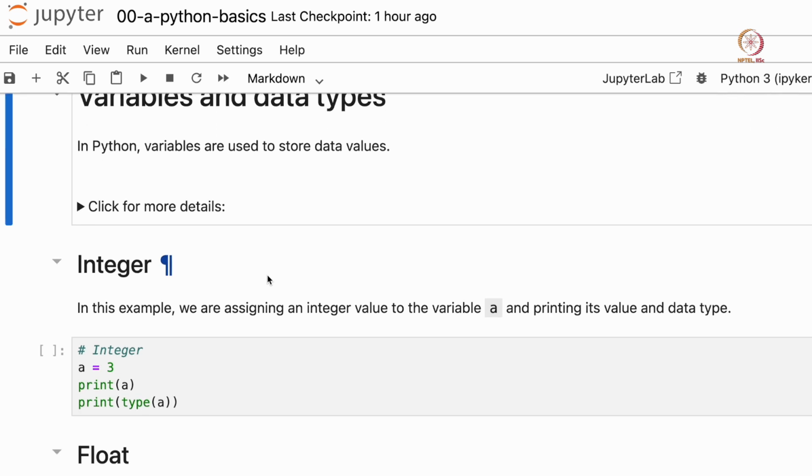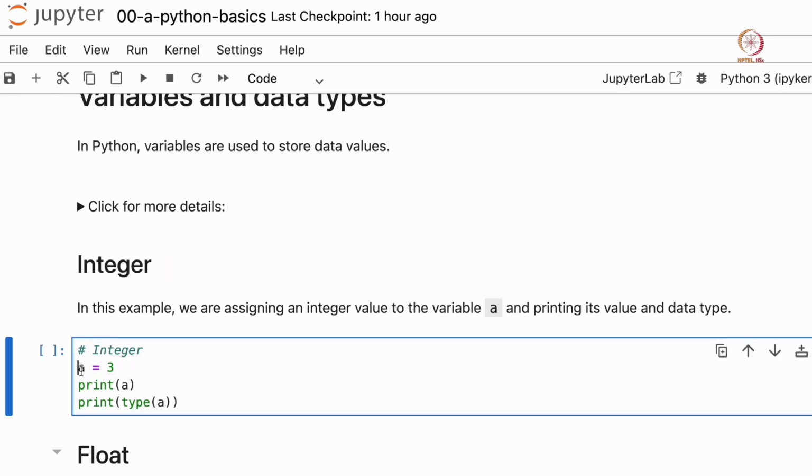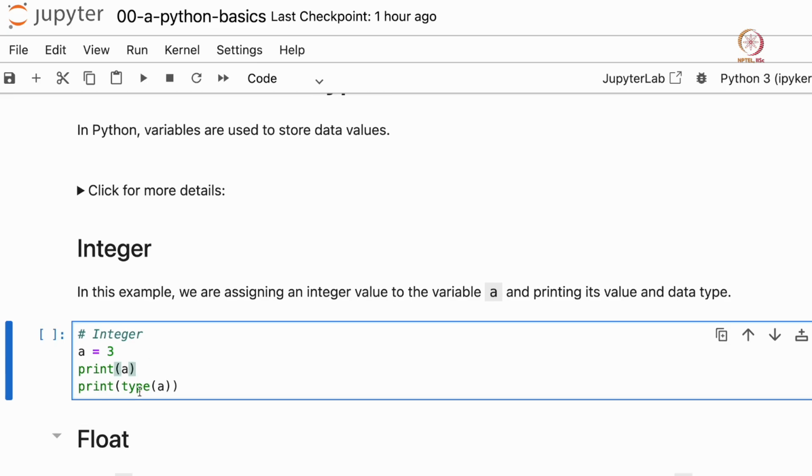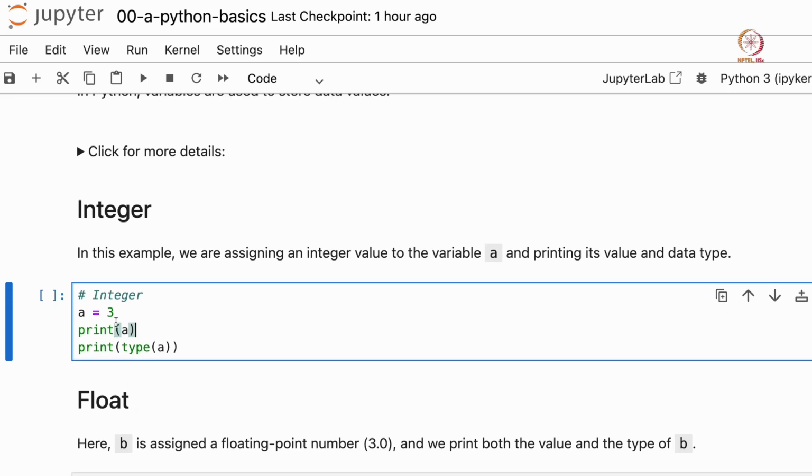Whenever you want to store anything in your code, you can store it like this. You name a variable, say A, equal to, and then type whatever data you want to store. For example, in this cell, we write A equal to 3. That means we are storing the integer 3 in variable A, and then we are printing A and printing the type of A. To run this cell, I'll put my cursor here and press Shift plus enter.